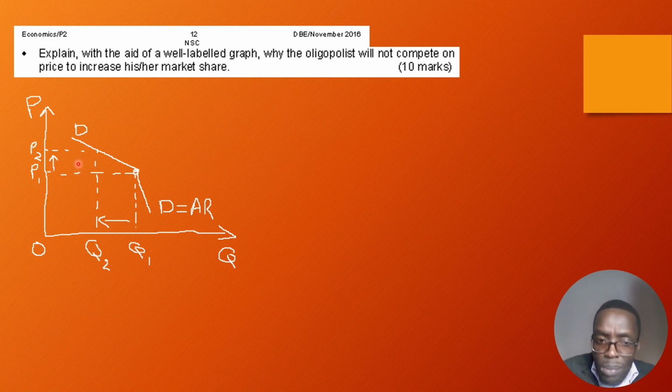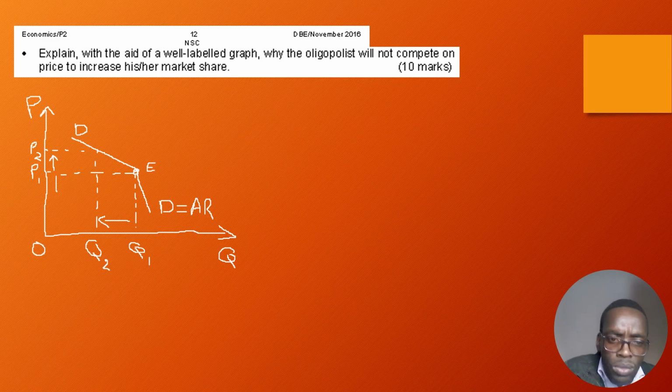If they sell their products at a price that is above the level of the kink, I'm just going to call this E, if they sell the products at a price that is above the equilibrium, then they are going to lose customers because the other firms that did not change the price become a cheaper option for the customers. And then if they decide to reduce the price,